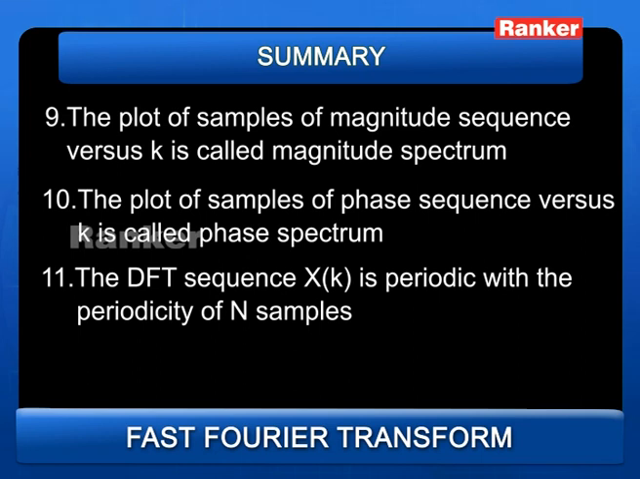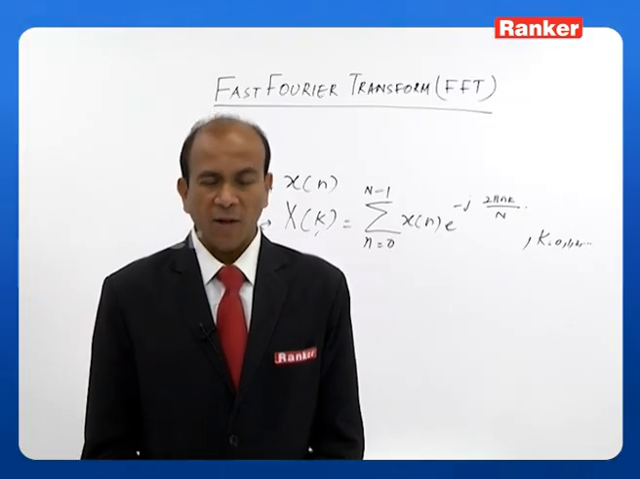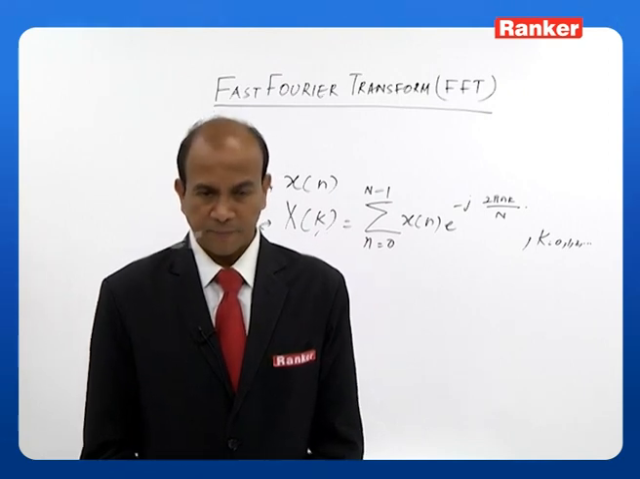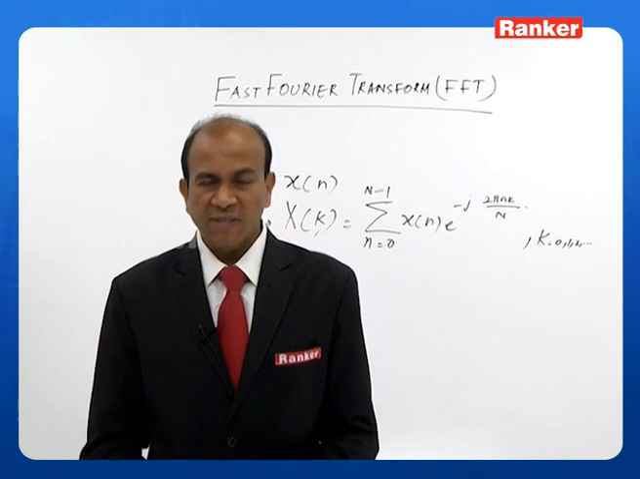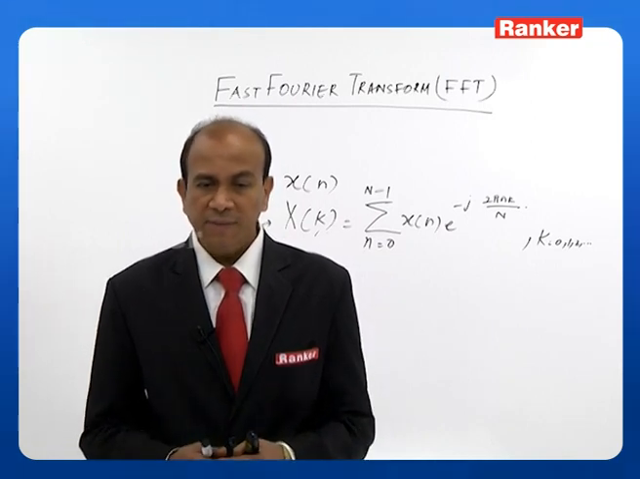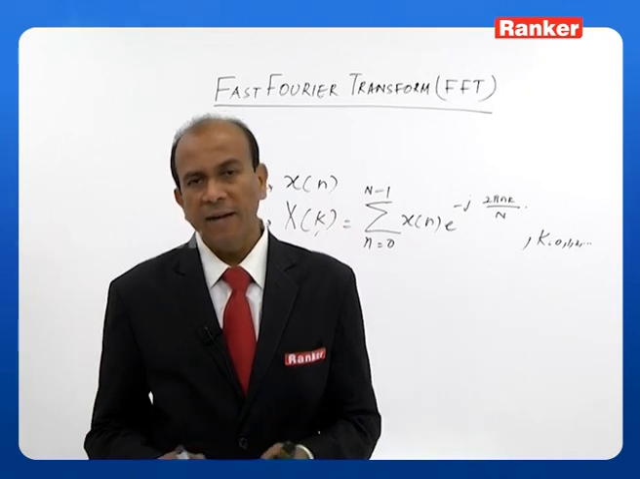Okay. Similarly, the DFT sequence X of k is periodic with a periodicity of N samples. This is a very important point. What is the periodicity? The periodicity is N samples. Now, the 12th point of the summary: the DFT of a circular convolution of two sequences is equivalent to the product of their individual DFTs. So, if I circularly convolve two sequences, that is nothing but multiplying their individual